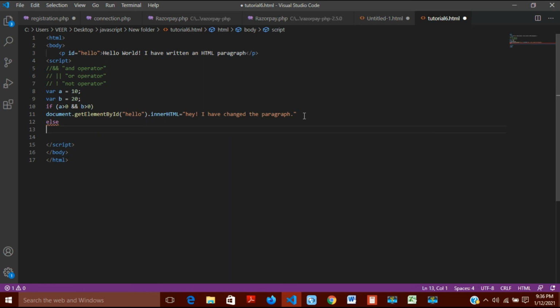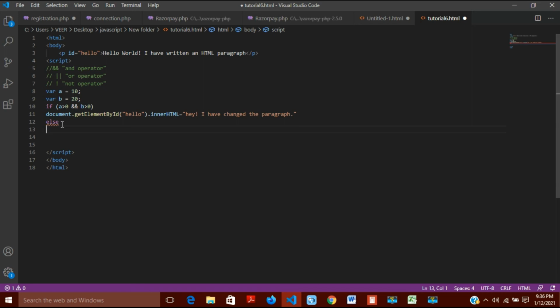Else I will write something else. Else this paragraph should not be replaced, so I will not use inner html, and I also don't want it to be identified by the computer. So in else, something else should happen,